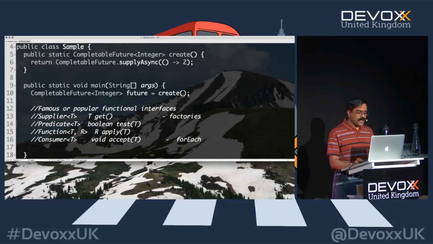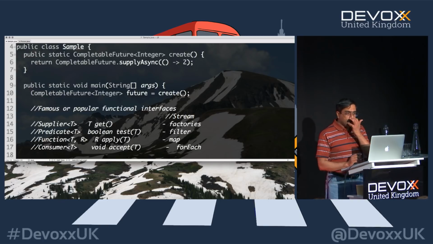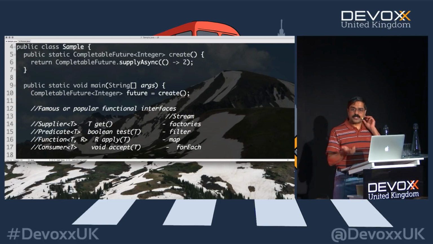A predicate, on the other hand, is going to return a Boolean value all the time. So this is used in the filter. So anytime you call the filter method, you're passing the predicate to the filter. And similarly, in the case of a function, you use this in map. Now, clearly, these are candidates from the Stream API. So the question is, why talk about them here? Well, it turns out CompletableFuture also uses the same interfaces as well.